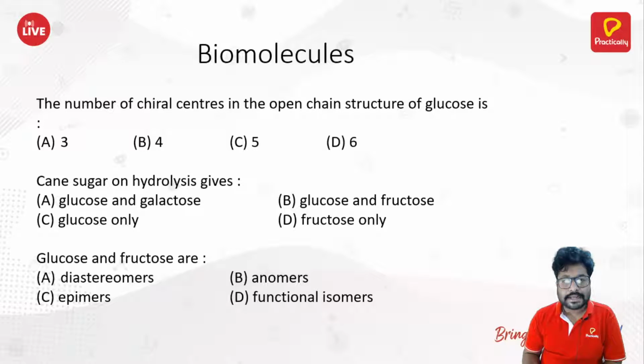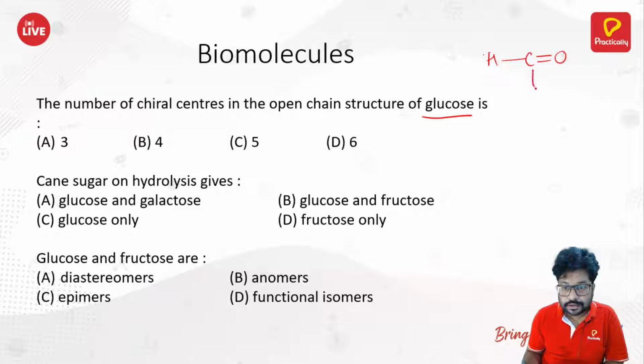The number of chiral centers in the open chain structure of glucose is. Open chain structure. What is the open chain structure? This is glucose. C double bond O H, CHOH, right? CHOH H, CHOH H,